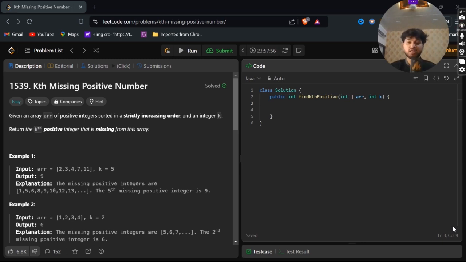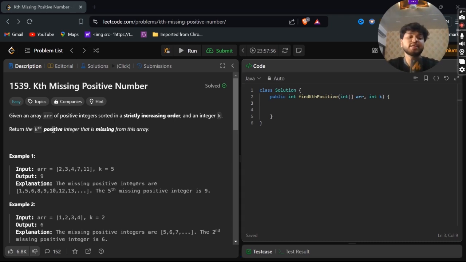Very firstly, I'll read the question and we'll understand it. After that, I'll tell you the approach, like how to find the solution for this question and what is the approach behind it. After that, I'll be writing the code with you guys and I'll submit on my LeetCode. And then last, I'll tell you guys the complexity of this question as well. So, very firstly, let's start.